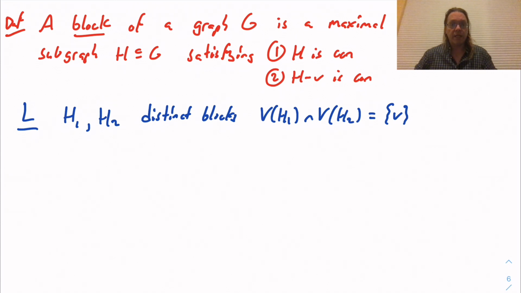Now, what I claim, and this is what we saw in our picture, when you had two blocks that overlapped on a single vertex, then that vertex that they were overlapping on is a cut vertex of the original graph. And when you remove that, you're disconnecting those. And that's what we're going to prove. So if you have two distinct blocks that overlap in a vertex, then V is a cut vertex